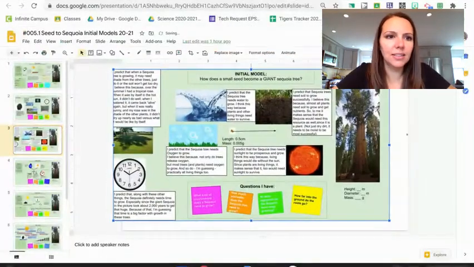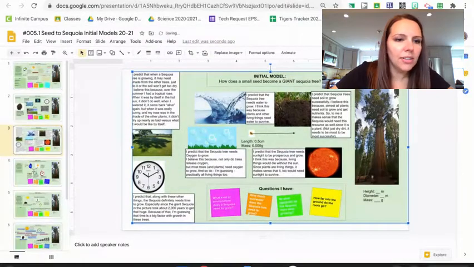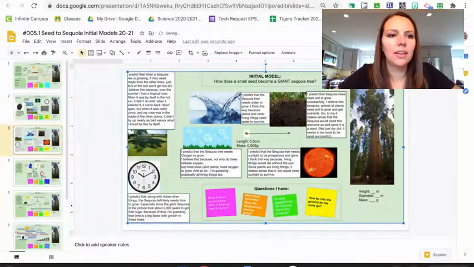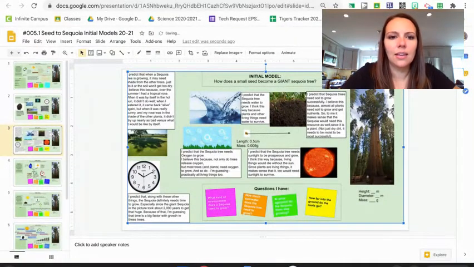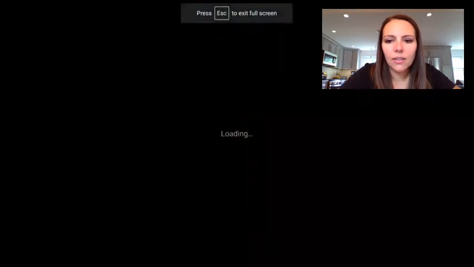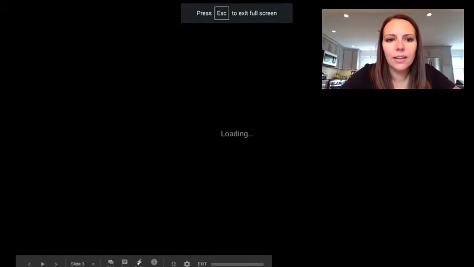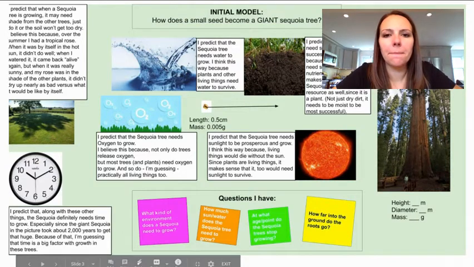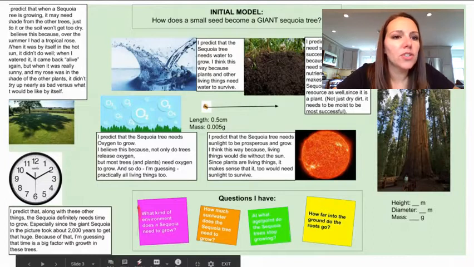The next model, we got cut off a little bit, but I think I can tell you what it says. Maybe it is cut off a little bit. That's okay. Okay, so this is model number 3. It says, I predict that when a sequoia tree is growing, it may need shade from other trees